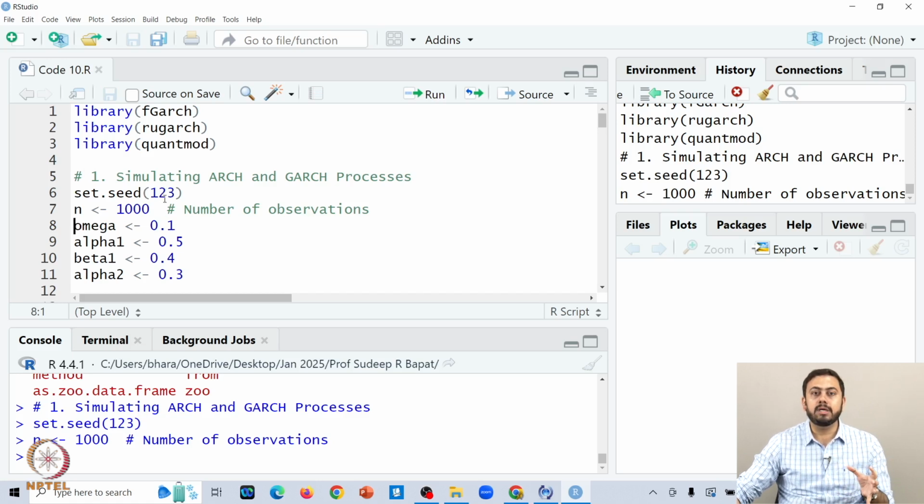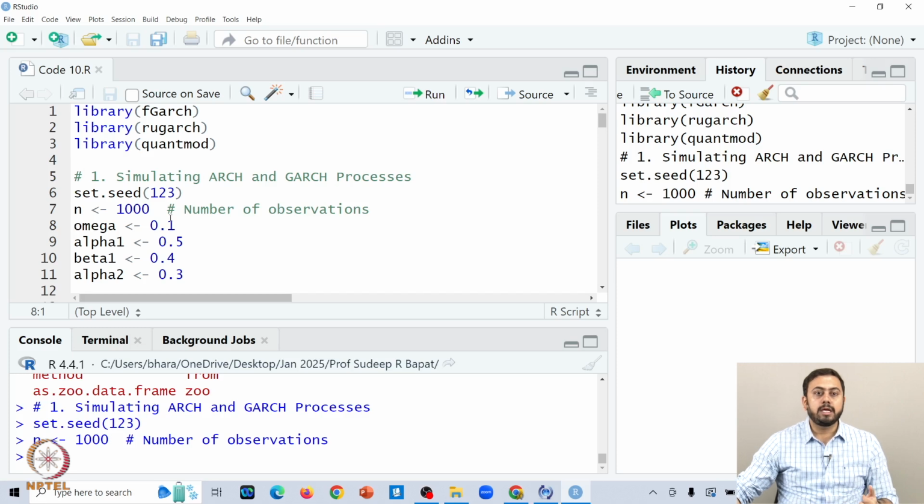Once you give any number here, let us say 4, 5, 6 or whatever you want, R will keep that number in memory, and then every time you try to replicate the same code, it will start from the same seed value, which is 1, 2, 3 in this case, and then try to replicate the entire experiment as if a randomized trial is happening. So hopefully this part is clear. I mean set.seed 1, 2, 3 or for that matter any number is more from a syntax point of view.